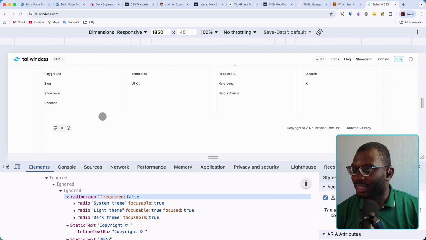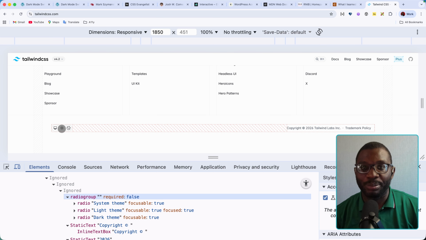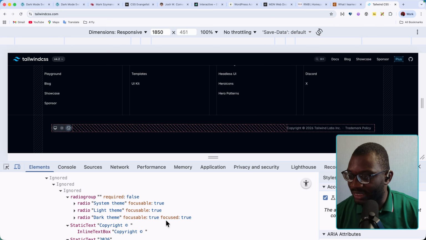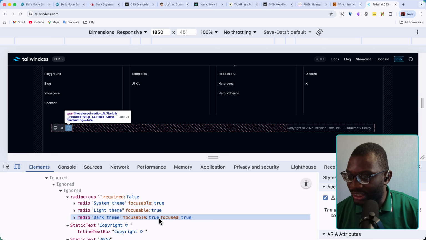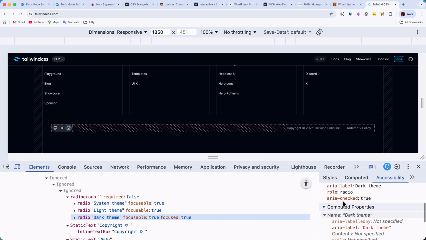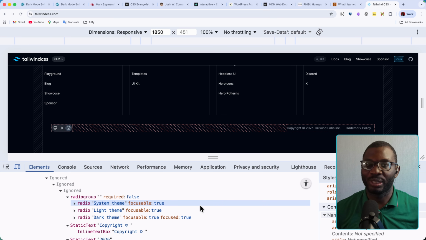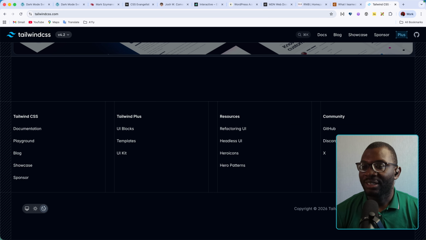And when you click on each of them, because they're radio buttons, the thing that is changing is the checked property. So when I click on any of them, let's say the dark mode, you can see that the aria-checked property changes to true for that element. The others are false. So the aria-checked property is changing, but the label is not changing. So that's the important bit. If you're changing aria-checked, do not change the label. If you're changing the label, then do not add any aria-checked, aria-pressed, or any of those aria information. So that's it for the